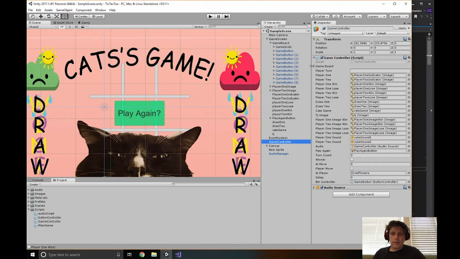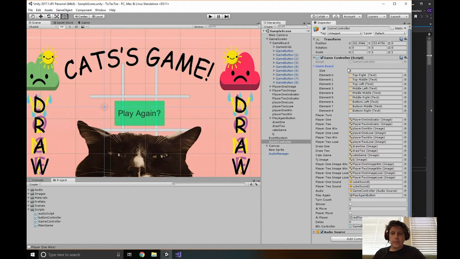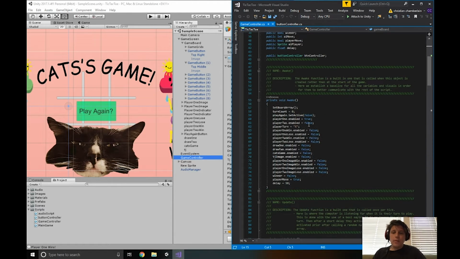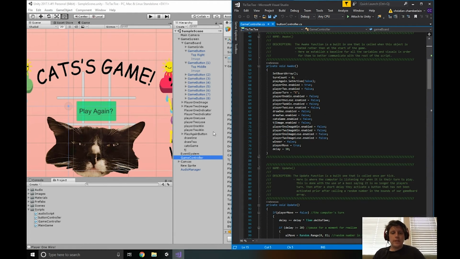So if you go here, we can expand on this guy, and it shows the actual array of what is being adjusted every single time you click a button. And what's being adjusted is actually the text that's inside of these game buttons right here, which are conveniently named for depending on their position on the game board. So if we go in and actually check out the game controller script, well, first of all, whenever this object